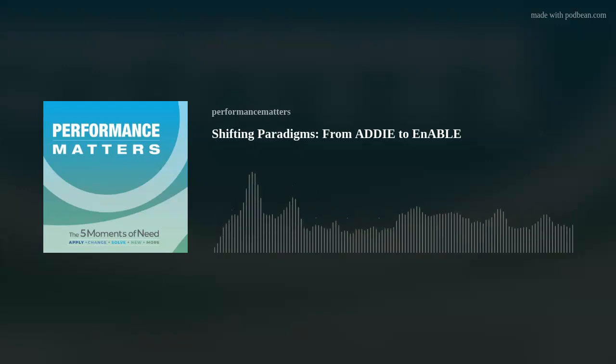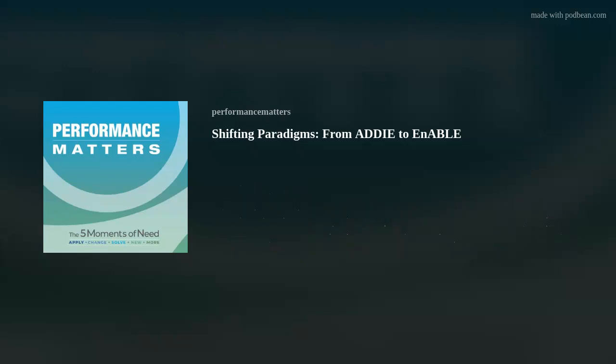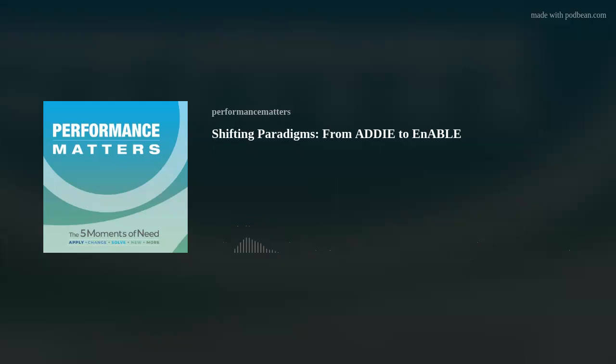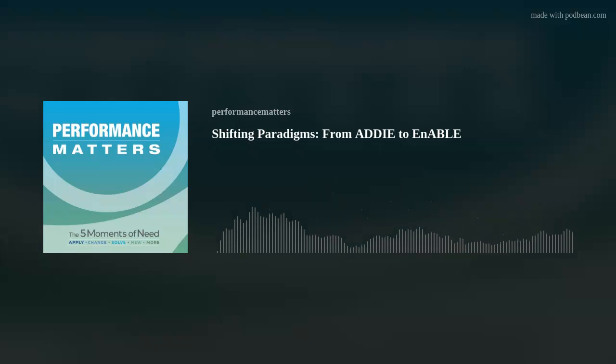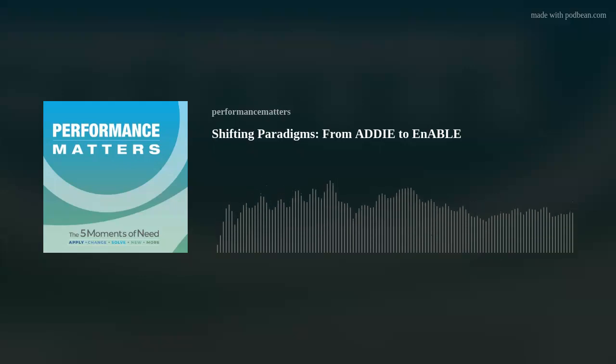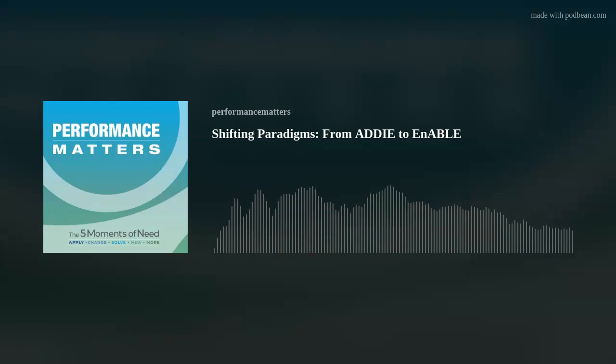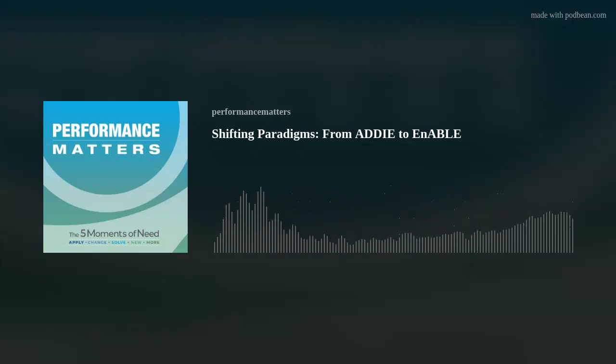So principle number 1, we have to get out of the SME alone mindset. They are in the room. We'll talk more about some other resources, but they are not enough anymore. And they taint the deliverable, not on purpose, but because of the lens in which they look at the work. They have arrived. And in many cases have forgotten what it took to become the SME that they are. And that's the part that we need to support and maybe train on. And they don't have that lens any longer.